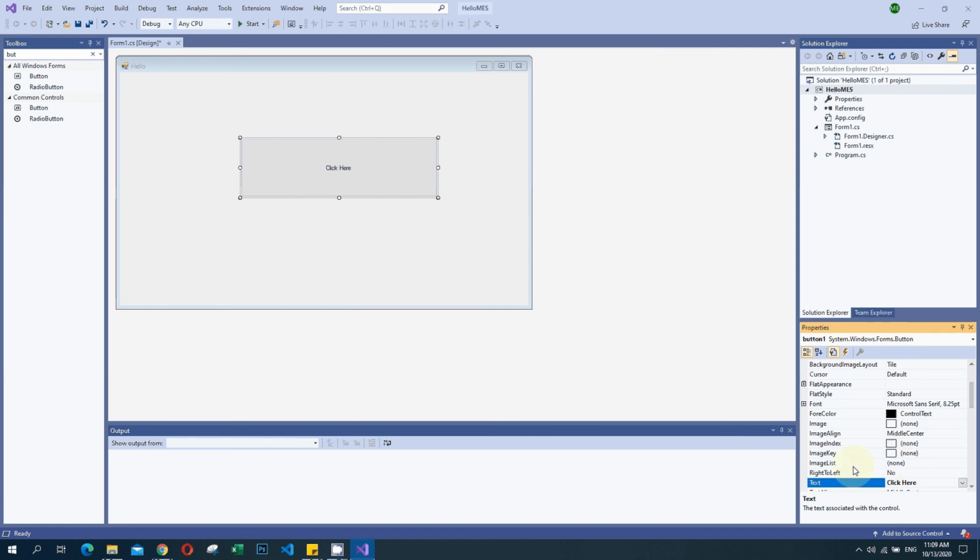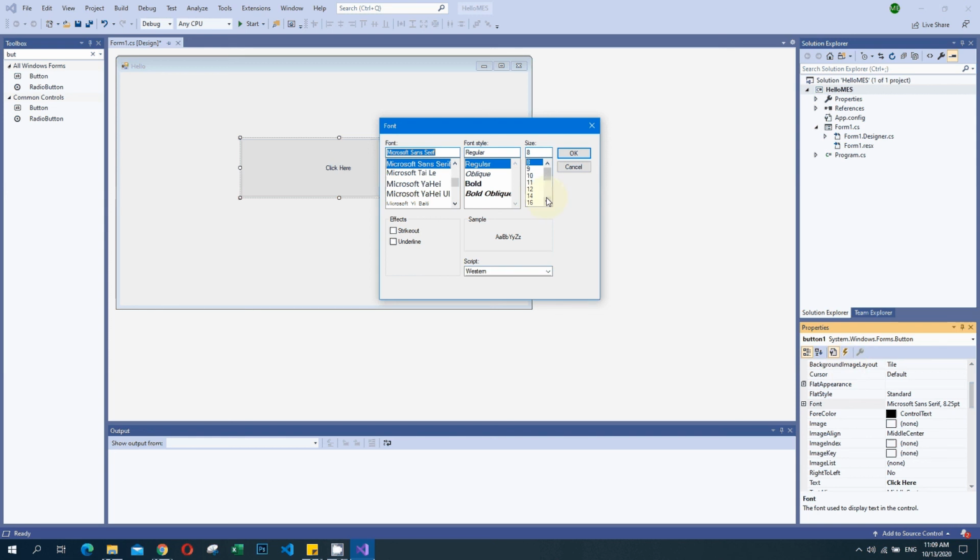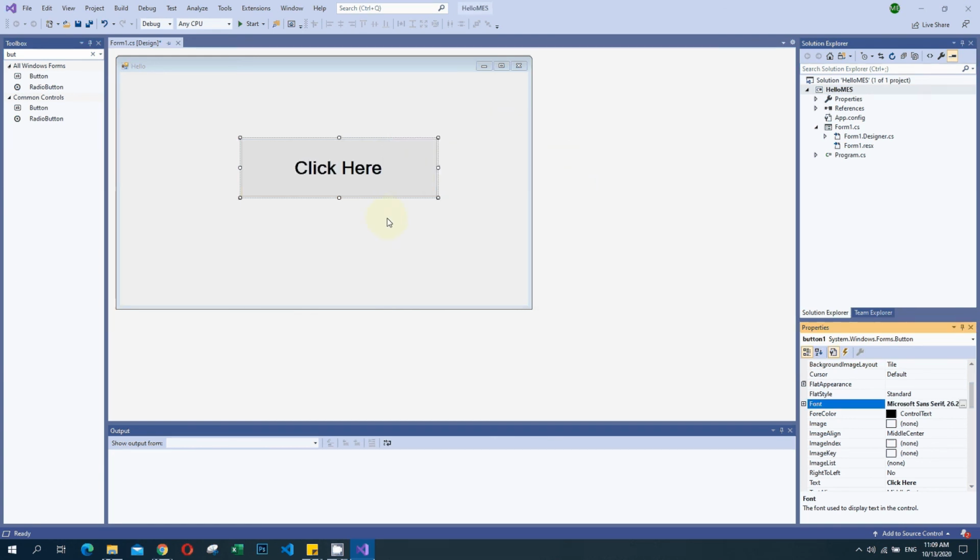We can also change the properties of the text, like the type and size. I am changing the size to 26 and making it bold. So I have changed it, and it will be like this.